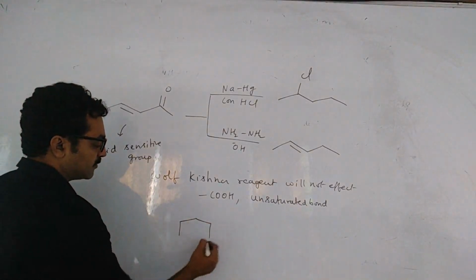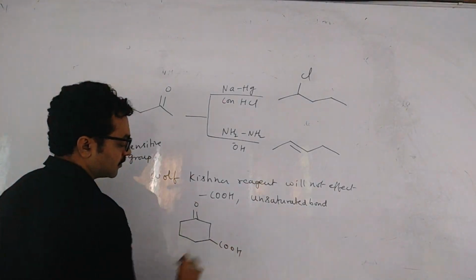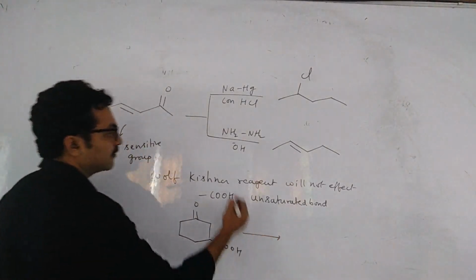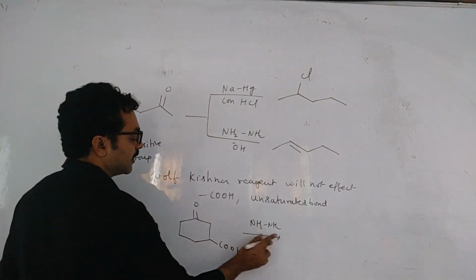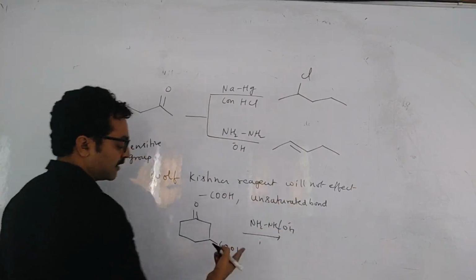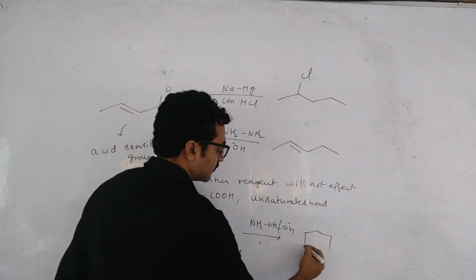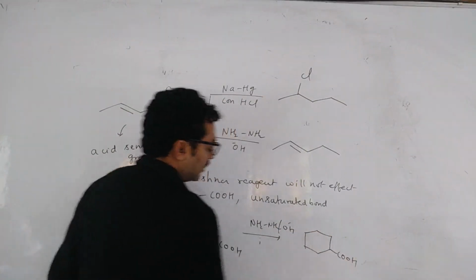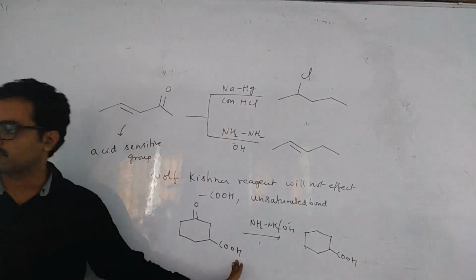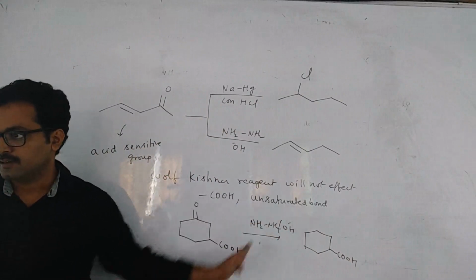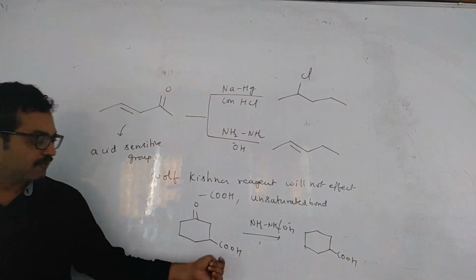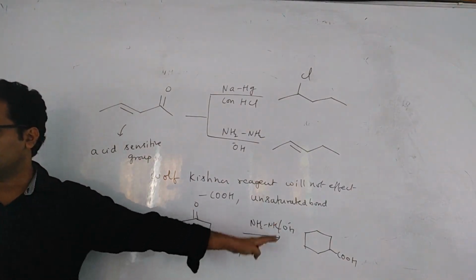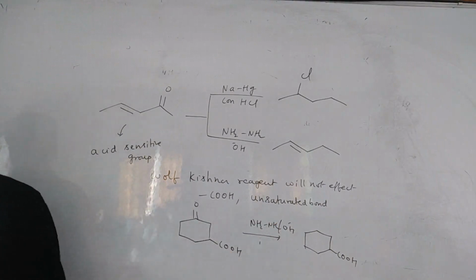COOH group means what? Like this, suppose I have given C=O and COOH. And if I do Wolff-Kishner reduction, hydrazine in the presence of base, this is Wolff-Kishner reduction, so what is the product you will get? You may get a doubt: base means it will take the proton, no sir? Acid-base reaction, right? So this will take the proton, but after adding water it will give back the proton. First it will take sodium, and if you add water, on hydrolysis that acid will come back.